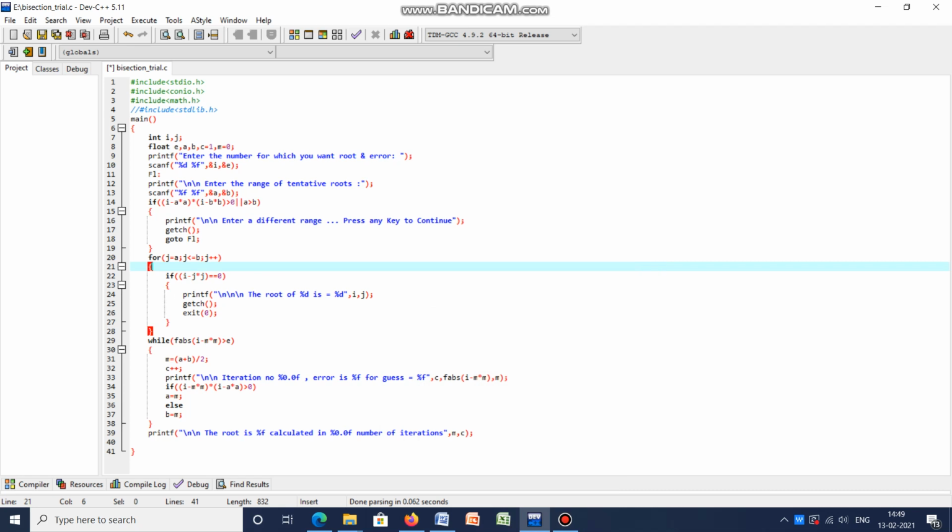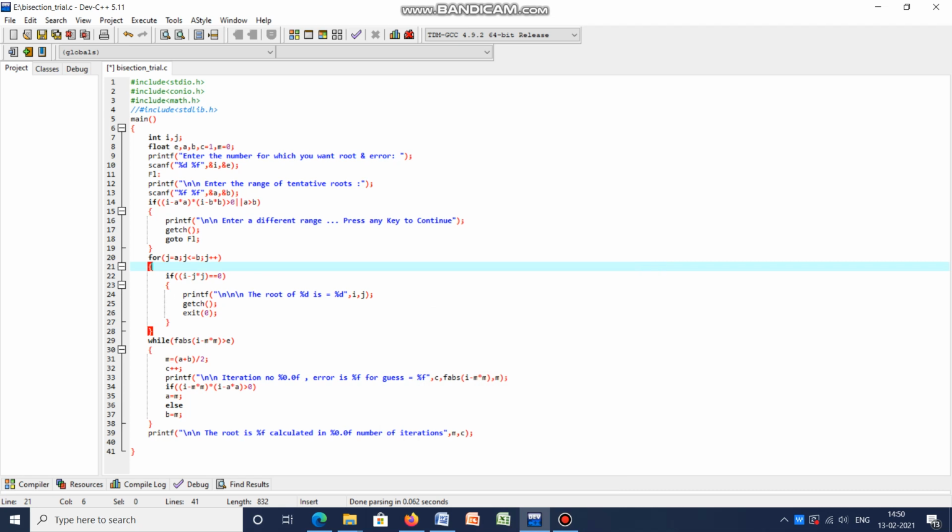So if I start checking from 1 to 2 to 3 in that way, f(1) equals 1 minus 7, that is minus 6, then f(2) equals 2 square minus 7, that is minus 3, then f(3) equals 3 square minus 7, which is plus 2. At that moment itself I understood that my root is lying between 2 and 3, because 2 and 3 are the range where the function has changed its sign. X square minus 7, if it is my function, has changed its sign from 2 to 3.